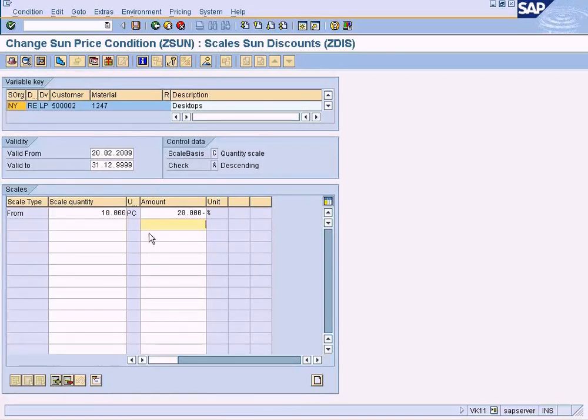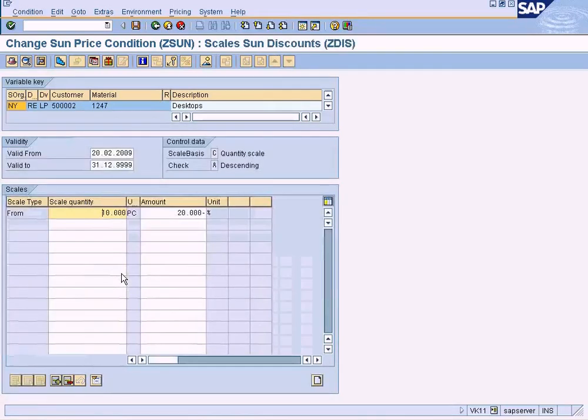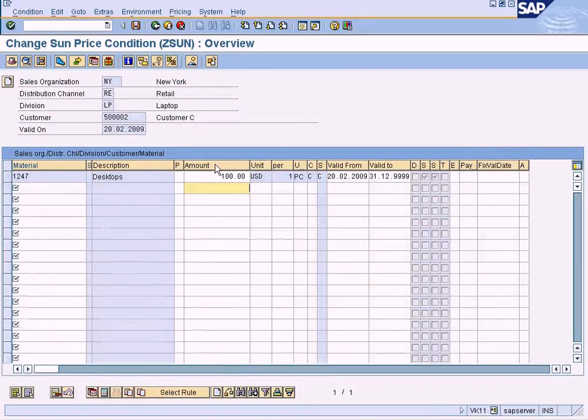Okay, I found the reason why the system is not excluding the redundant discount. I'm going to show it to you, but before that, let me just recap the way we have to maintain the 20% discount for the $100 price: you need to double click on this, enter the scale quantity of 10 units, and specify the discount amount as 20%,